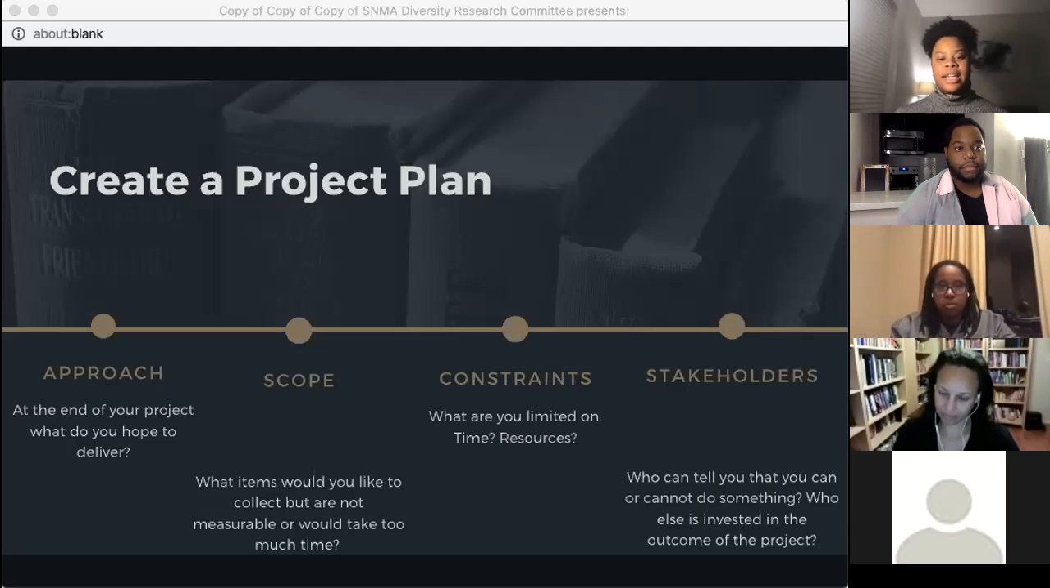So those are things that you want to take into consideration as well. And then lastly, stakeholders. Who's invested in your project? Who wants to know what the outcome is? Who's going to be interested in knowing, from point A to point B? How can you get them involved so that you can mitigate some of the roadblocks that may come up pretty